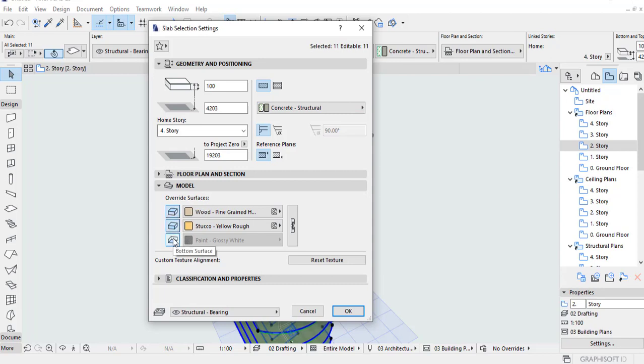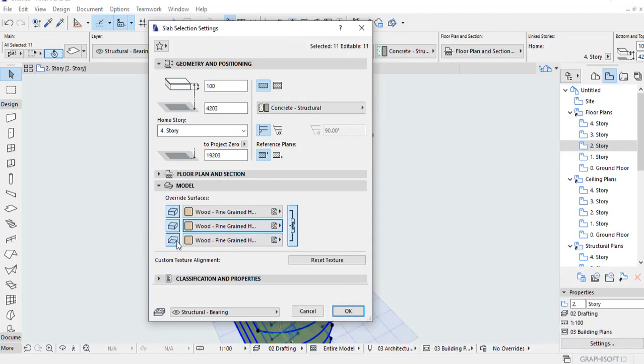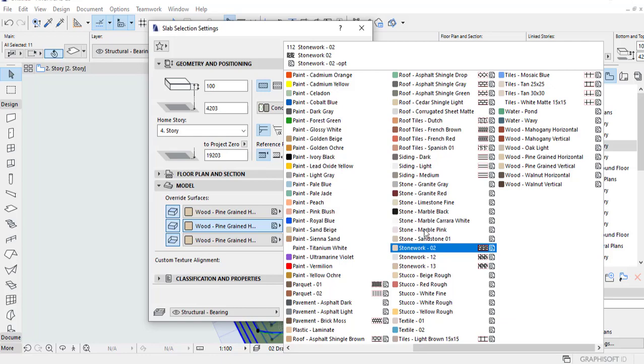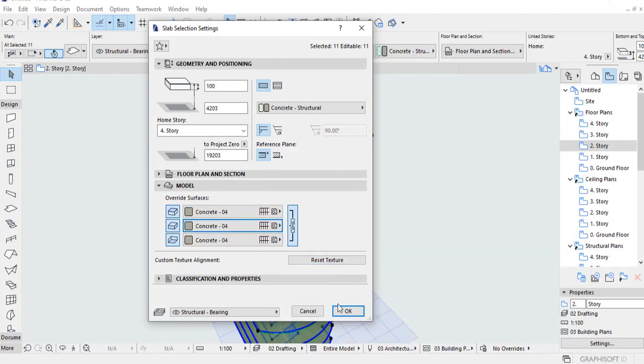If you want, you can highlight this, toggle this, and if you want to use the same material, use this lock button, so you're able to use the same material for all these three surfaces, top, bottom and the sides. Or if you want to have different properties, you can remove the toggle and give different values to different surfaces. But for now I'll just use one. So we'll go with concrete 4, say OK.